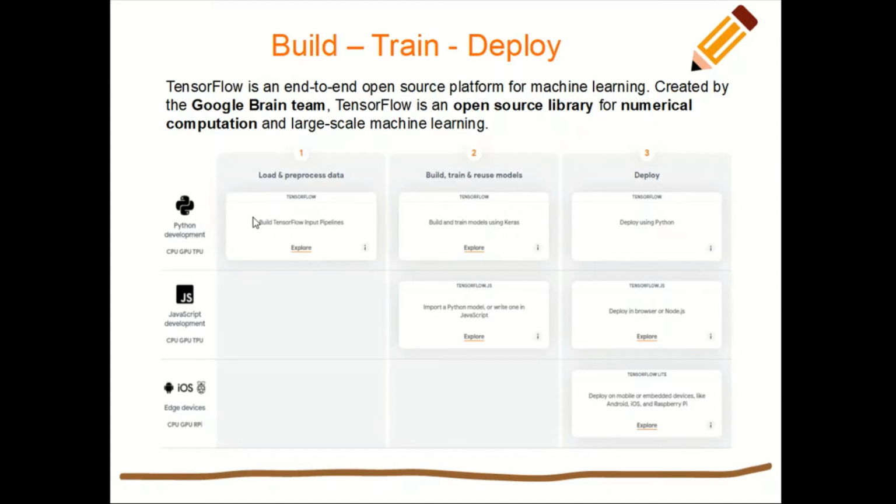So this is the workflow dimension or axis, and this is the platform dimension, as you can see. So all the steps in the workflow are taken care of by TensorFlow and all the platforms. So whether it is a Python server, or a browser, or a device, that is all supported